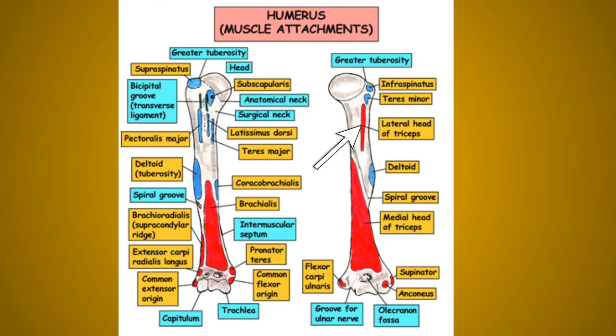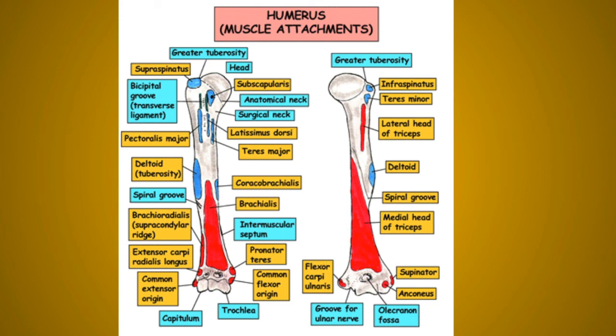epicondyle. The triceps brachii, if you know, has three heads: a long head, a lateral head and a medial head. So remember, the lateral head of the triceps brachii basically arises from the oblique ridge on the upper part of the posterior surface above the radial groove, while its medial head arises from the posterior surface below the radial groove. So in short, lateral head: upper part of the posterior surface above the radial groove; medial head: posterior surface below the radial groove.